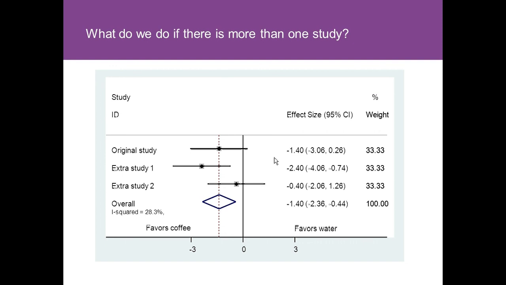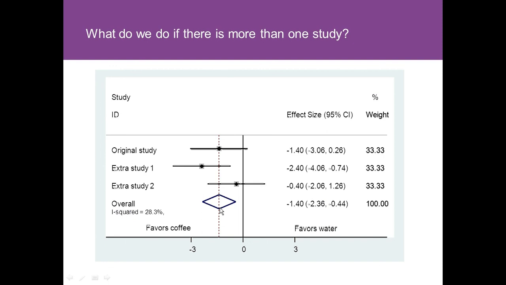Here we can see our original coffee drinking study and its results. Now, if I repeated that same study 2 more times with another 20 participants in study 2, we might get results that look something like this. A meta-analysis allows us to see what the overall result is as if we'd treated all 3 studies as the